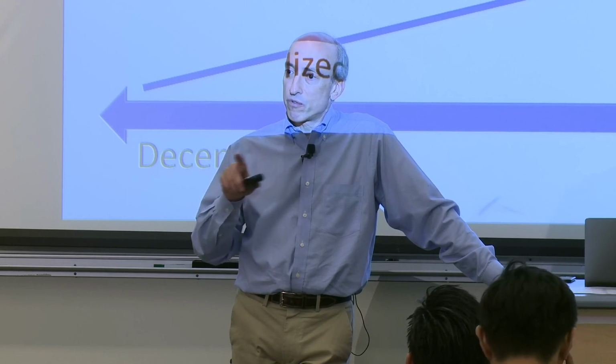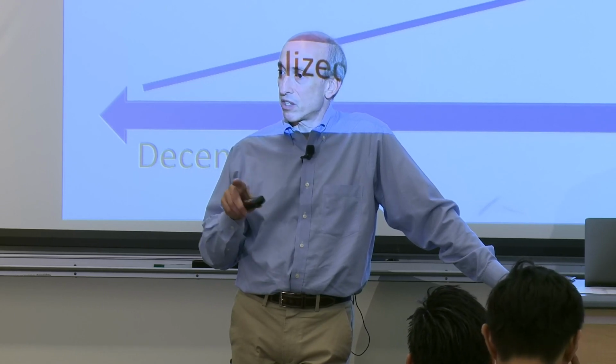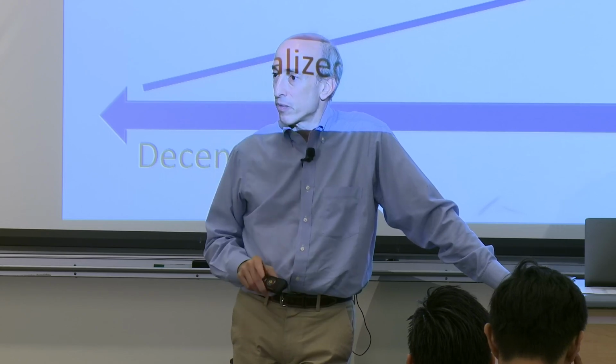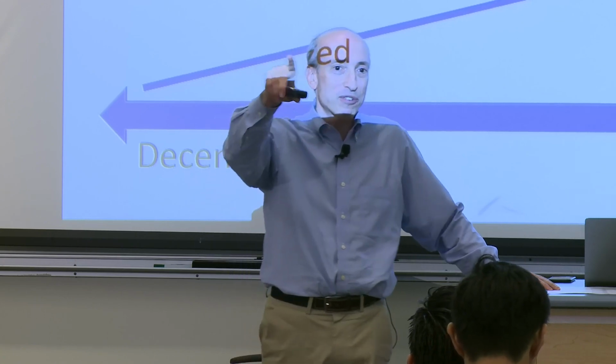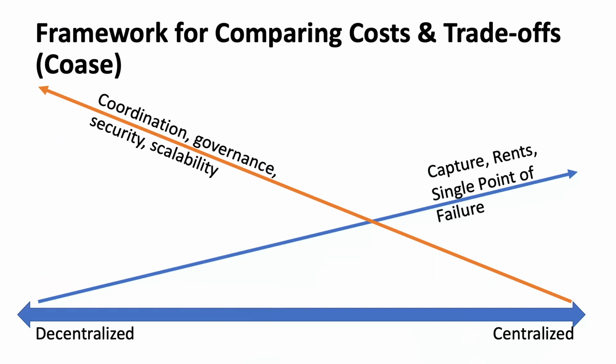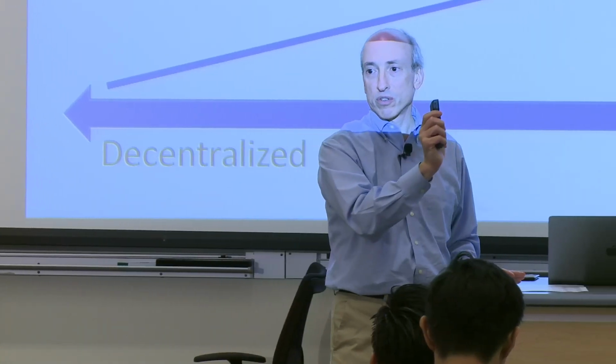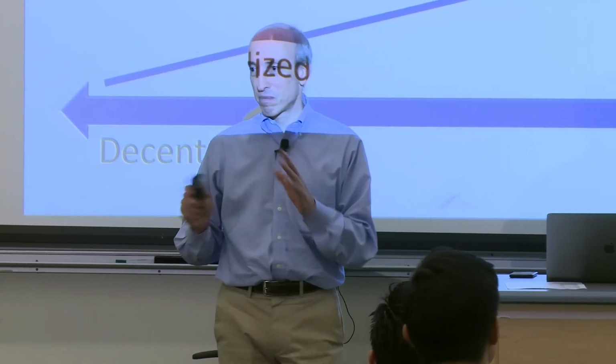I think in each one of the applications, when you're thinking of use cases, this is kind of a core thing. Will this application lend itself to a low slope decentralization curve and a high slope centralization curve? Are there a lot of economic rents? Are there real problems with single points of failure and capture? And if it's a low slope decentralization curve, meaning there's not much cost to the governance and coordination and scalability issues, then you're going to be more towards decentralization. This isn't in any reading or book. It's just a shot at trying to visualize it.